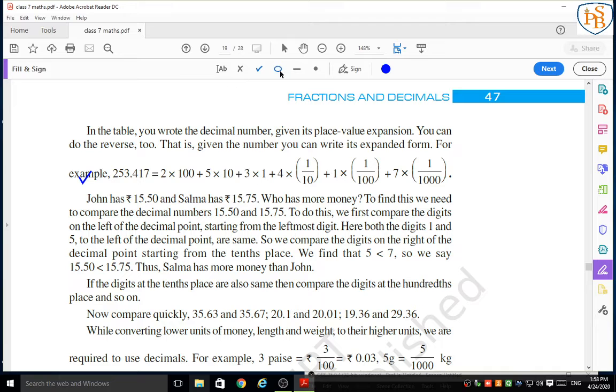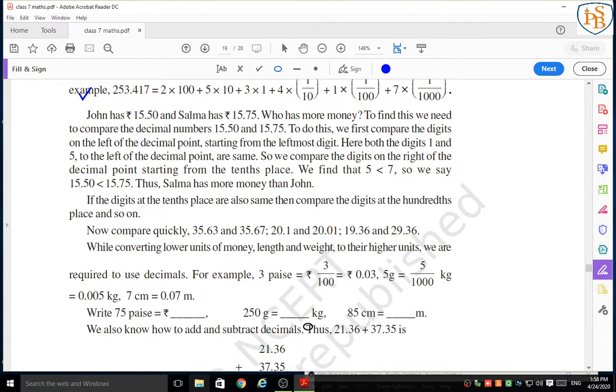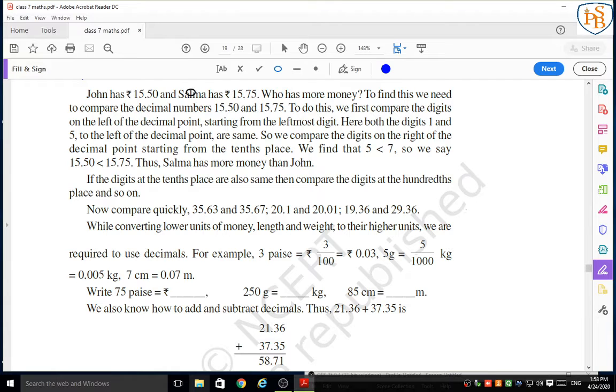Look at this, dear students, this is very important. Okay, so just try to understand yourself. We have already studied this last year. And now there is some conversion. Look here, now we are going to show it.